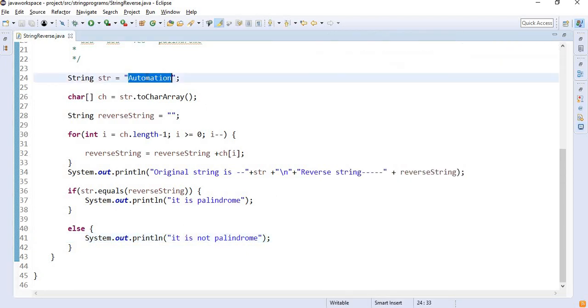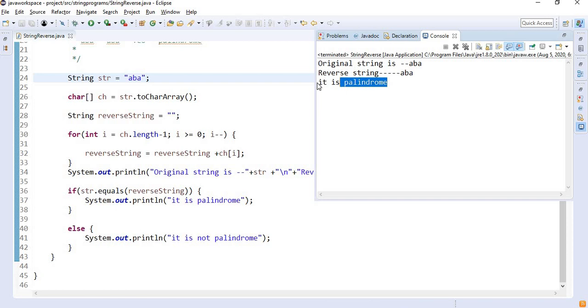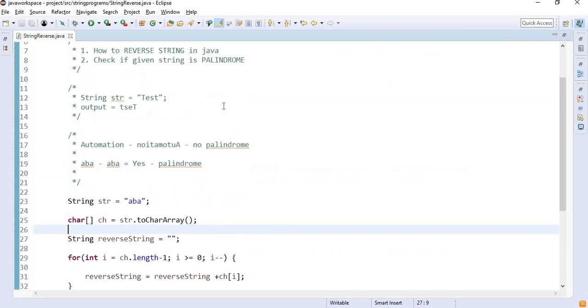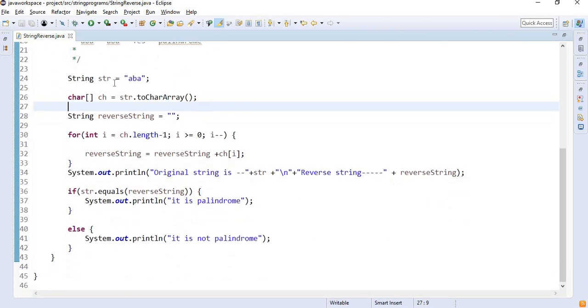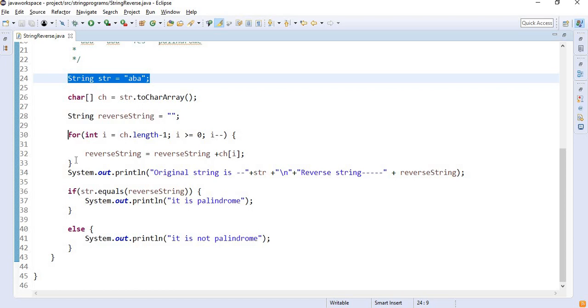I am changing my string to ABA. Now let's see. It is a palindrome. Alright. So I am briefing this code again. To reverse the string, we only need one string and then this for loop.